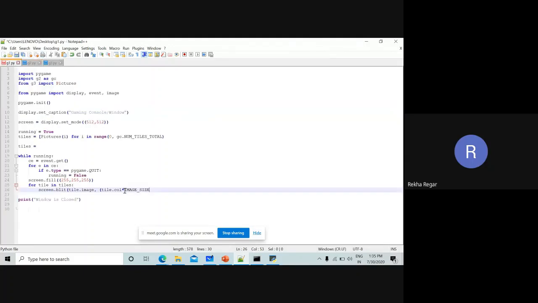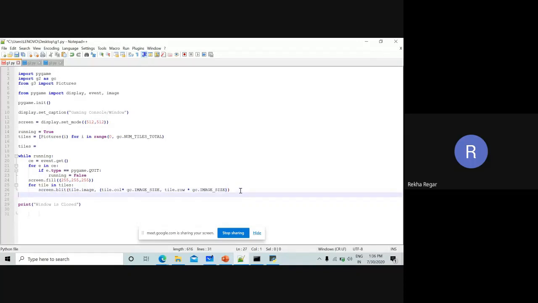So we write gc dot image size, and after this whatever the row we have, tile dot row multiplied by gc dot image size. So this is done for this one.